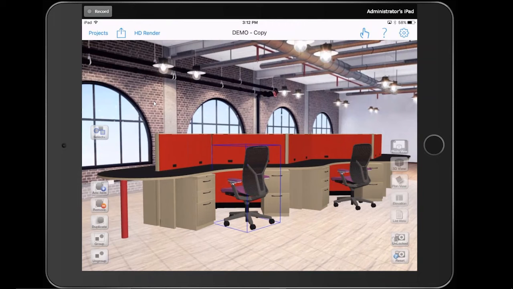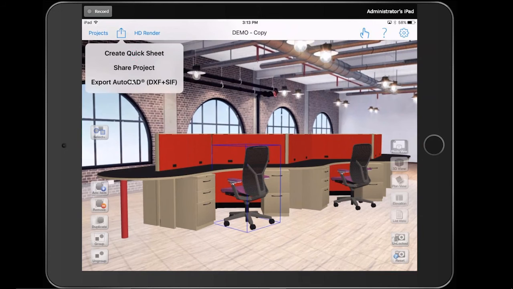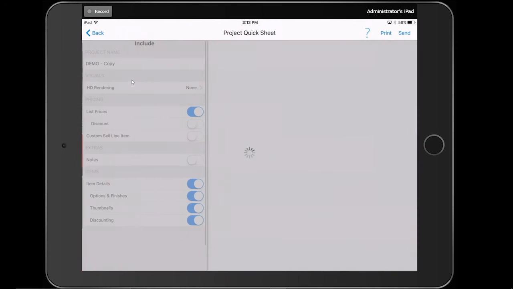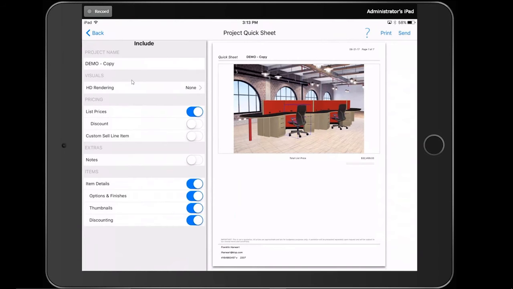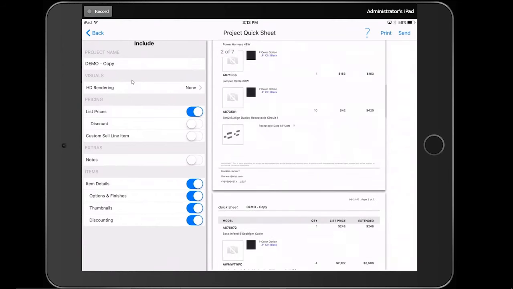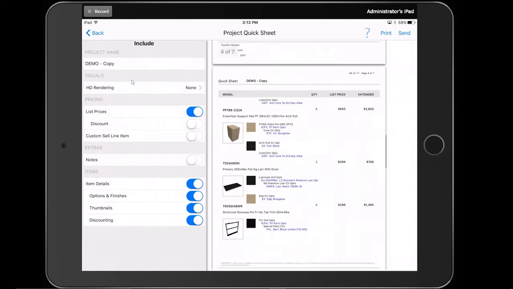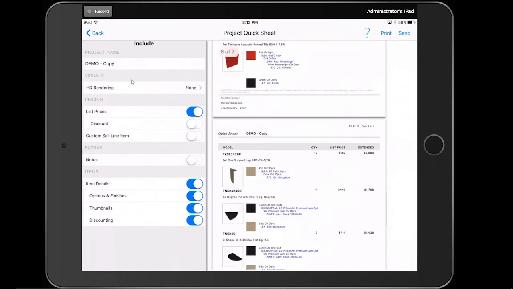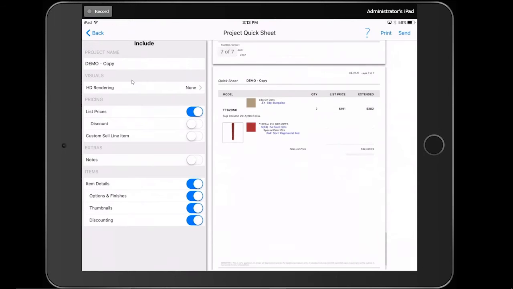First thing you'll need to do is go into the share icon by tapping on it. That's just this icon up here. And then you're going to tap on Create Quick Sheet. Okay. So here we have our quick sheet, and on the right-hand side of the quick sheet, we have the nice PDF that's been created that indicates the entire project, line item,